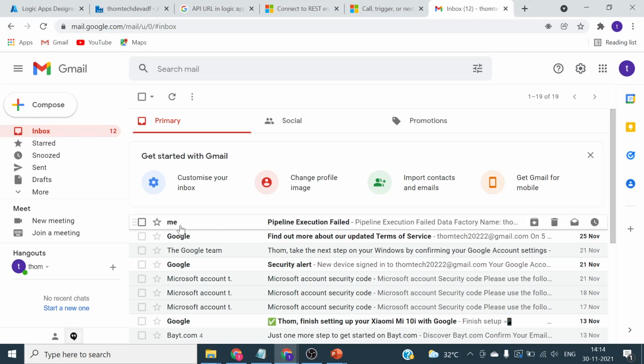So as of now it's showing as me, right? When you're working in companies and organizations or in a project, at that time you might be using some sort of service account. So that service account will be driving these executions and sending of emails and everything. Okay, so now click on this email.